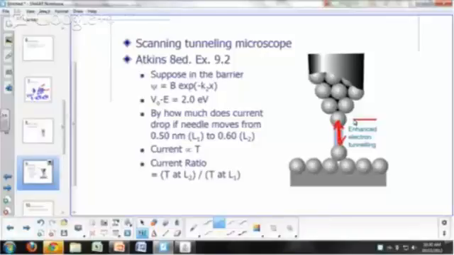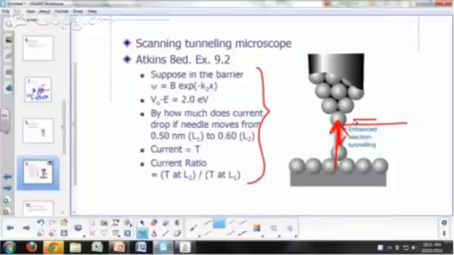That barrier, it has to overcome. It has to undergo tunneling. So as you move this tip, basically what you can do is you can monitor the change in the current, what's called the tunneling current, and that would allow you to map the surface. All right, so you can do this calculation,